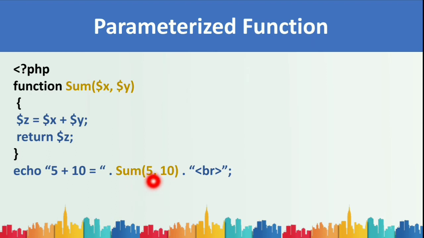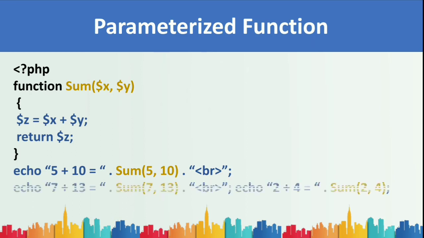That will be printed, and BR means the break tag, which you have learned in HTML itself. In the same way we have a few more lines, that is echo statements. We have two more echo statements. Hope you can try by yourself. What will be the line and what will be the result for this sum function and this sum function? Try by yourself, and let's close the PHP block.